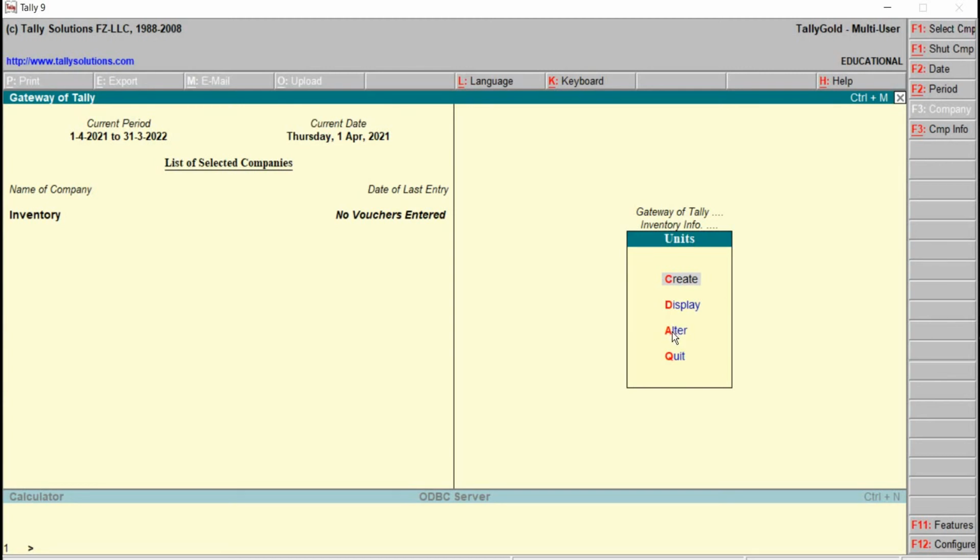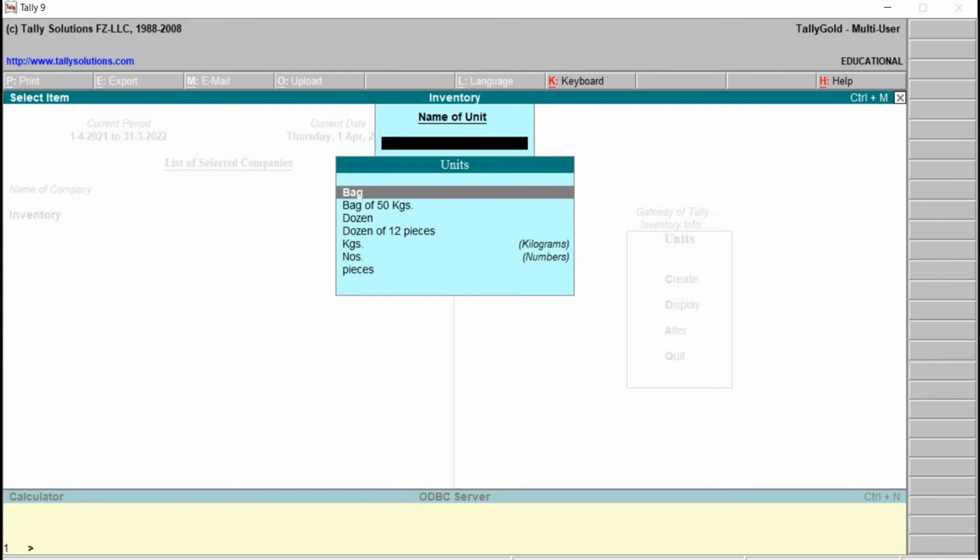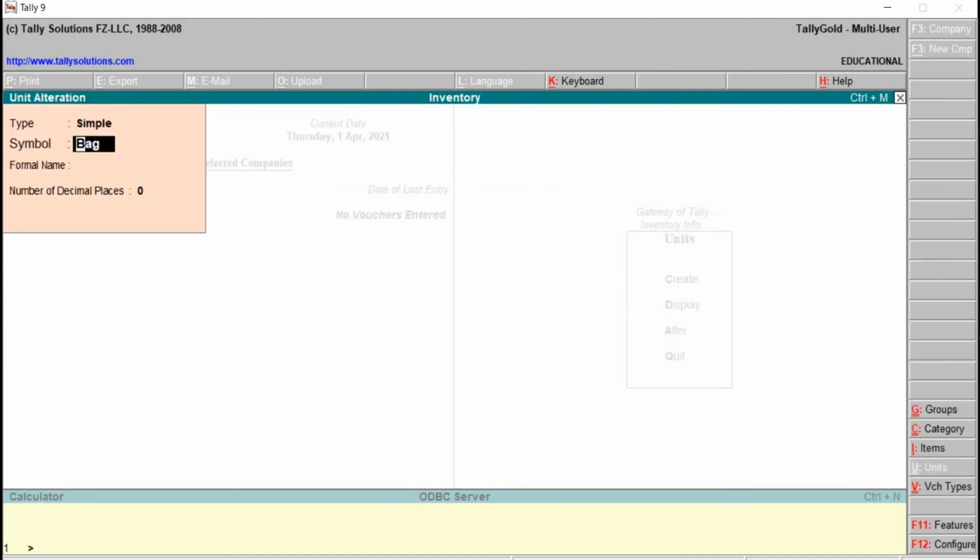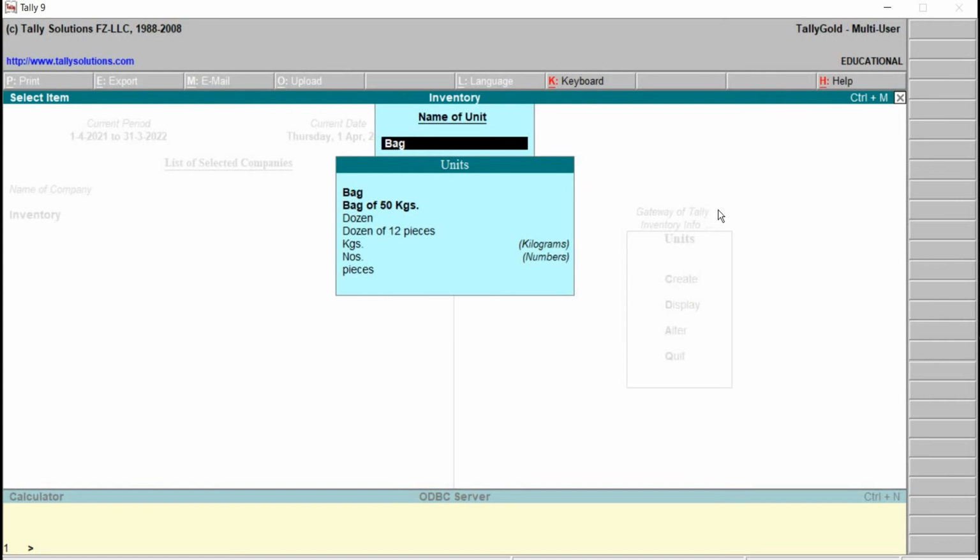Let's see this one in Tally. Just go to the alter option. Right, we can alter. Can we see that the cursor pointer has come down where we can do the modifications, right? The same way we can go for other units.